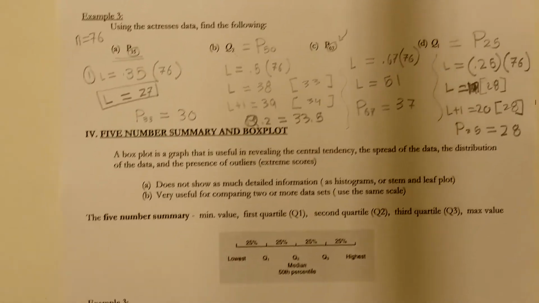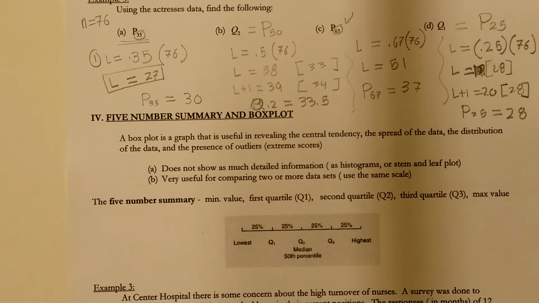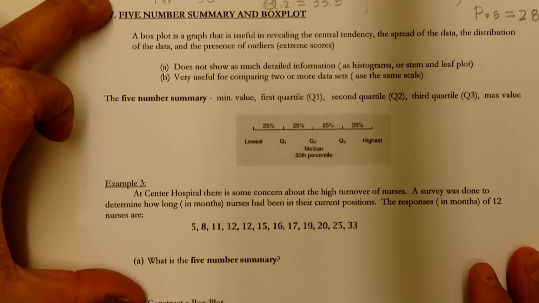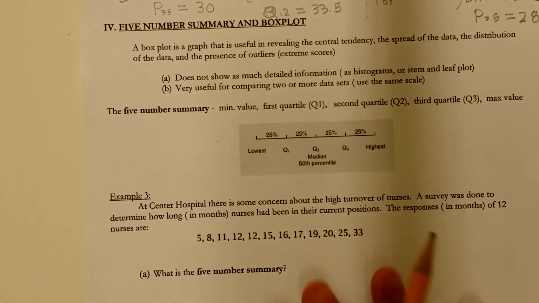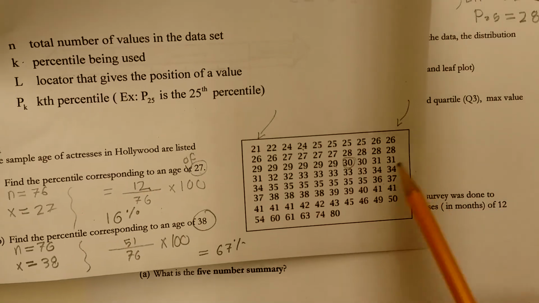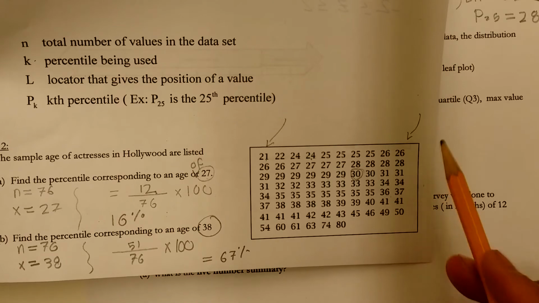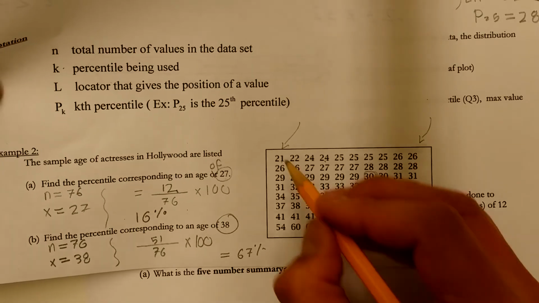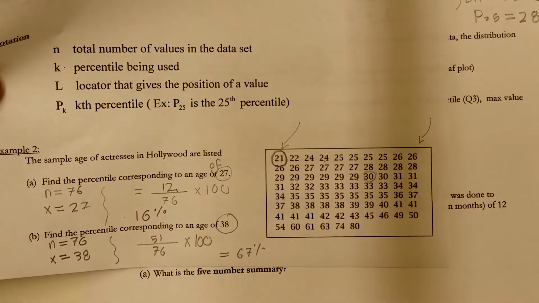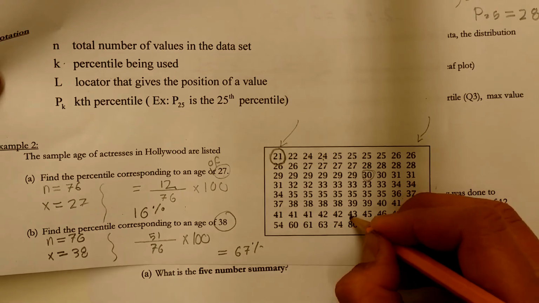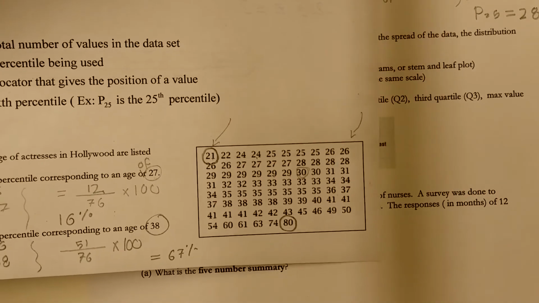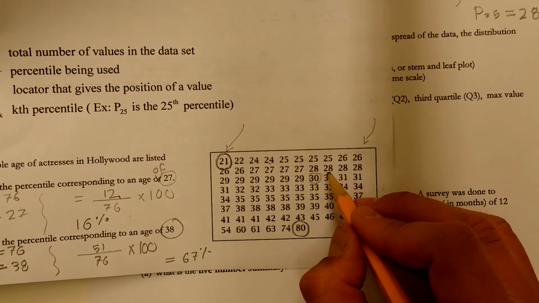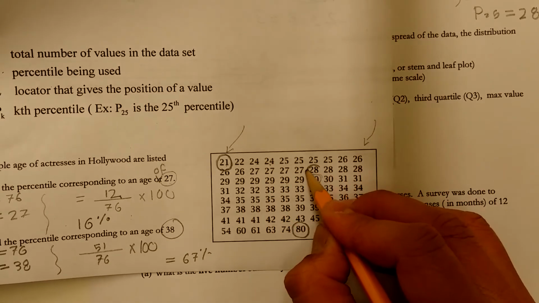Okay. The last thing I want to do is to teach you the 5-number summary. Every data set has 5 important numbers. One of those important numbers is the smallest number. The largest number is the other one. The number that separates